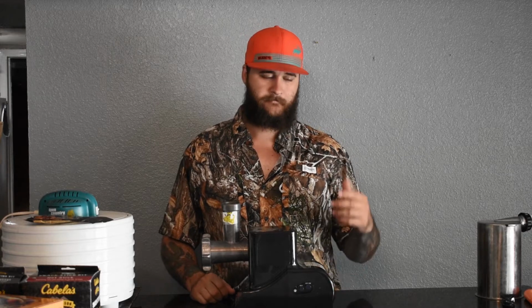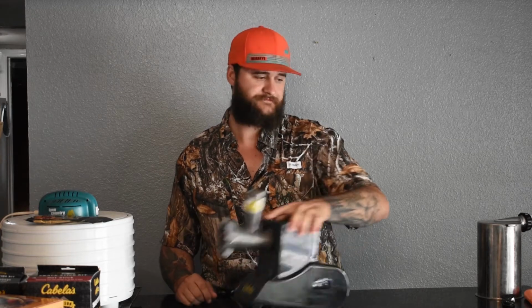So get you a grinder. You don't have to have a high dollar one, but if you can afford it, get it. So the next thing you got to have, which is necessary to do basic processing, is some way to store it. If you're going to burn through your deer meat or wild pig fairly quick, these little 1 pound